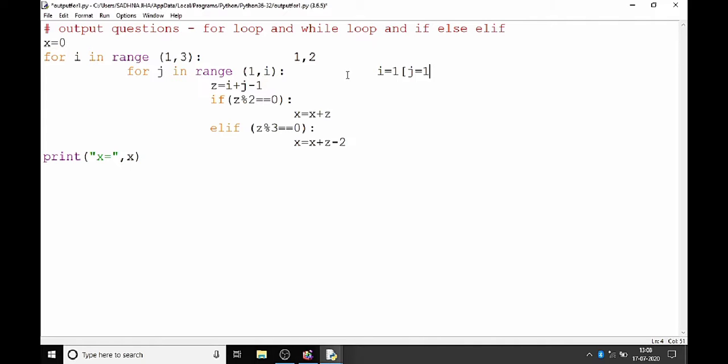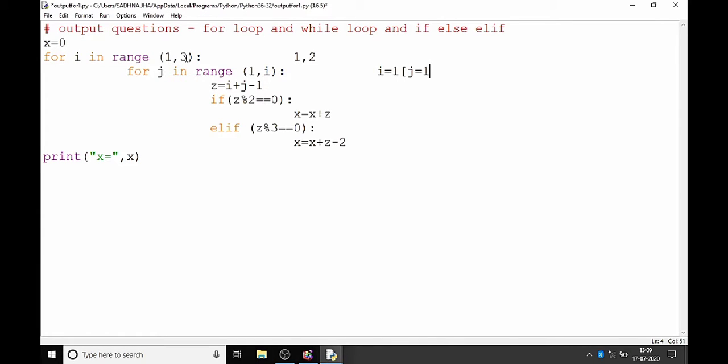and I is also 1. So I plus j. For next time you see, because this has become 1 comma 1, the inner loop doesn't run.